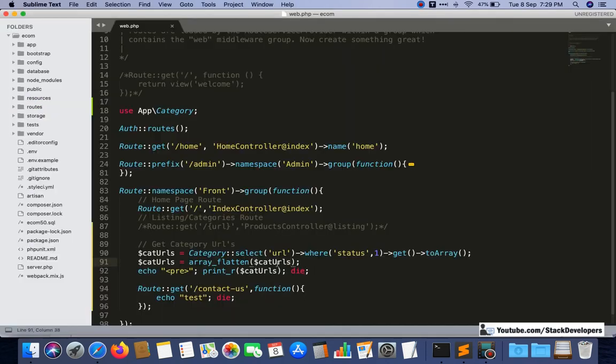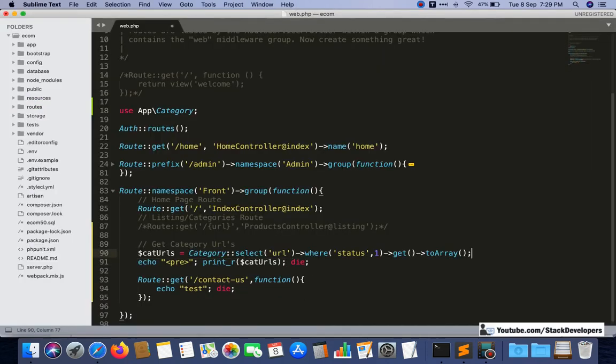Okay, no issue. We have another alternative. We will use one more array function, and that is pluck. Pluck is the function we can use to get one element, one object, of the array. Here we just require URL.